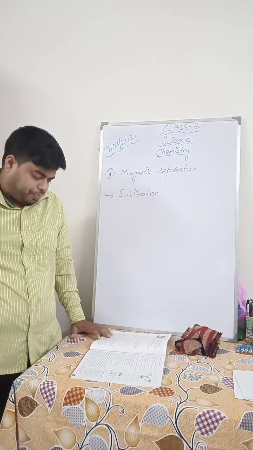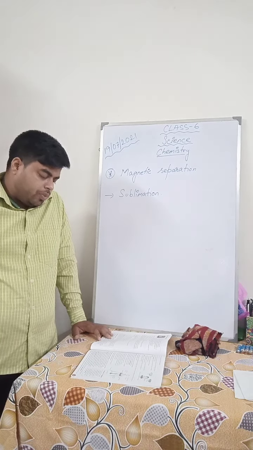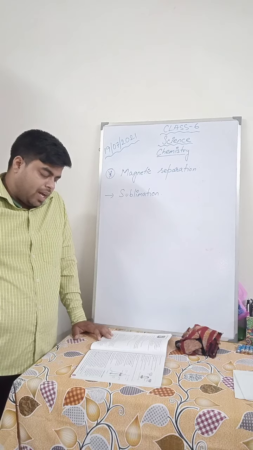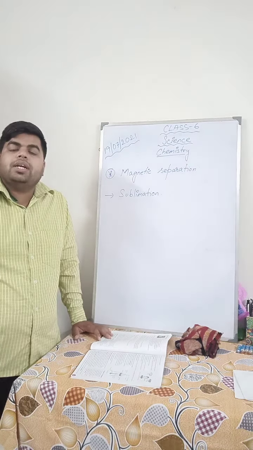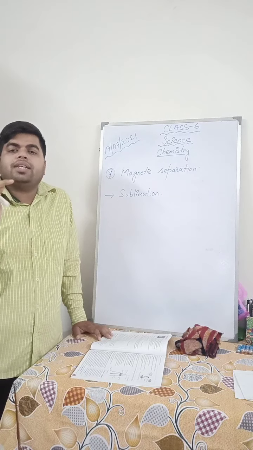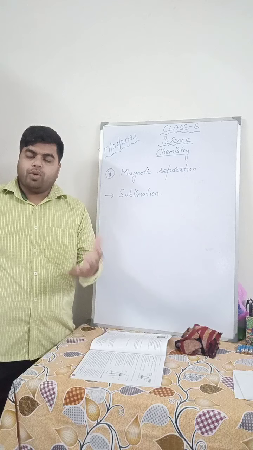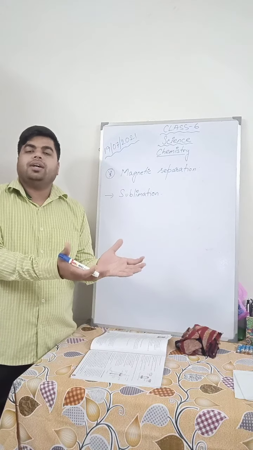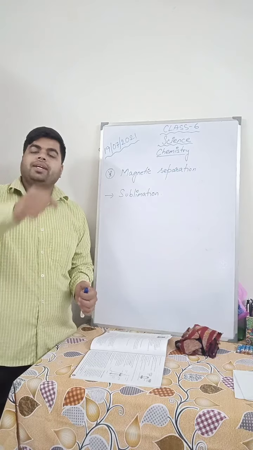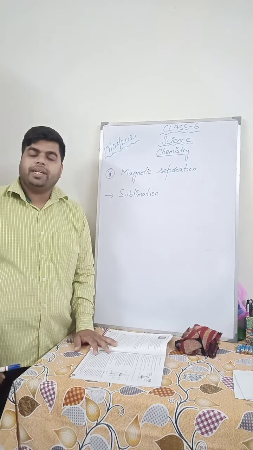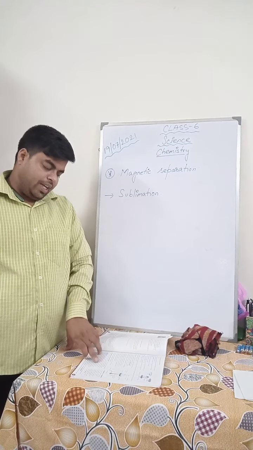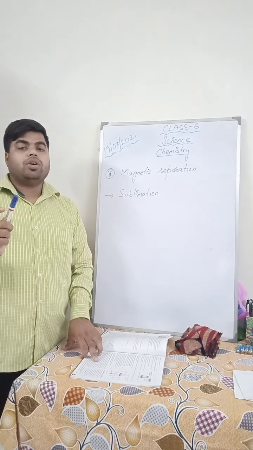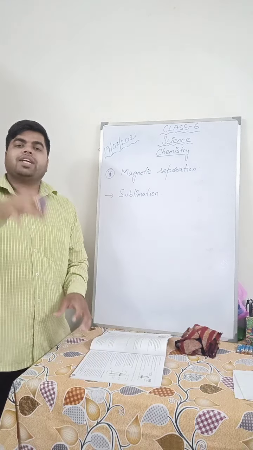So let us see. The process of separating insoluble solid components mixed in a liquid by allowing them to settle down at the bottom of a container is called sedimentation. Insoluble means that it does not dissolve. So sand and water get mixed but they do not dissolve. So the process of leaving the water undisturbed so that the particles can settle at the bottom is known as sedimentation. This method is based on the difference in the weight of the components of a solid-liquid mixture. So remember, this is based on the weight of the components that you are mixing in the water.